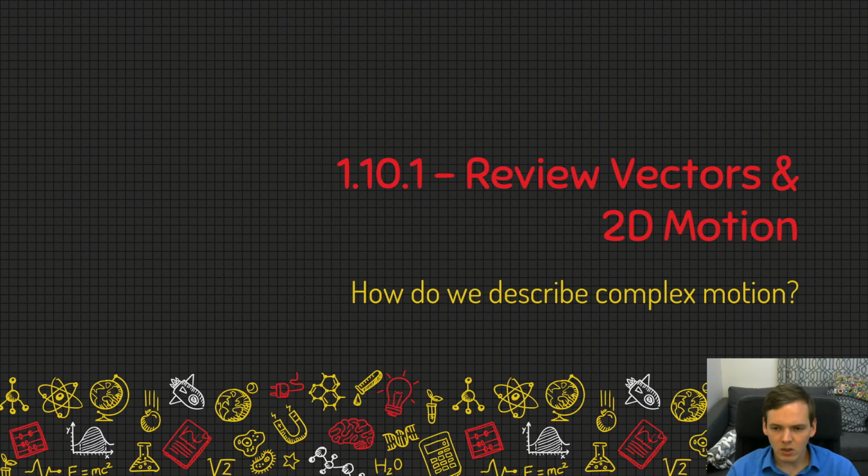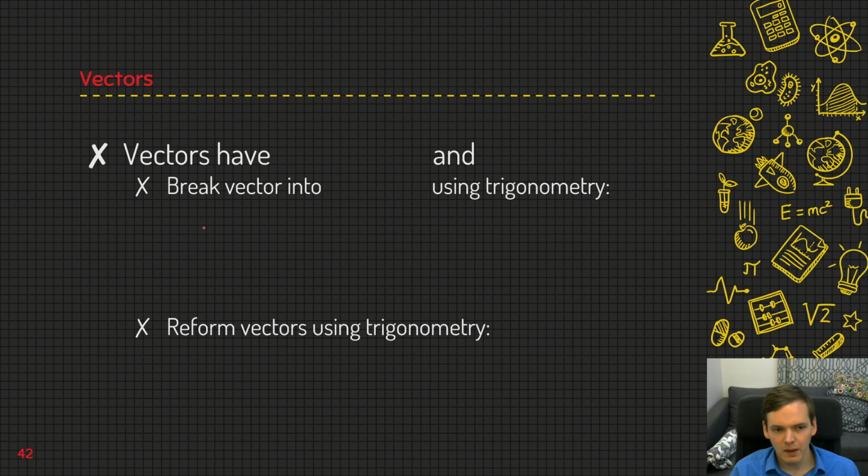In this lesson, we're going to look at more complex motion, two-dimensional motion, and in order to do that, we want to first review 2D vectors, or vectors in general. So if you recall, vectors have magnitude, or an amount, and they have direction, or which way they're pointed. So we can break a vector into what we call components